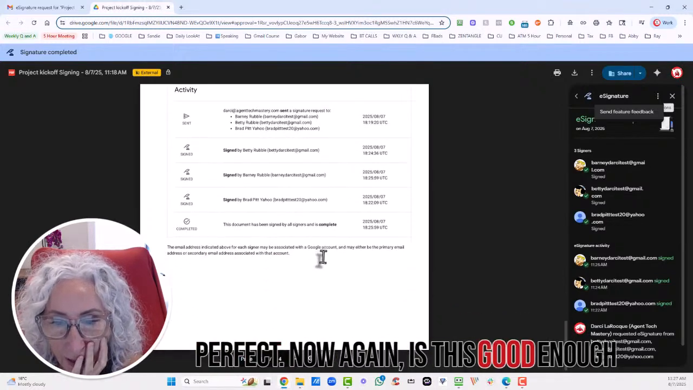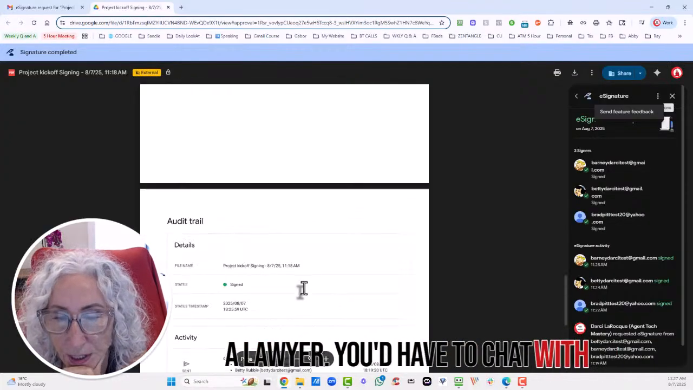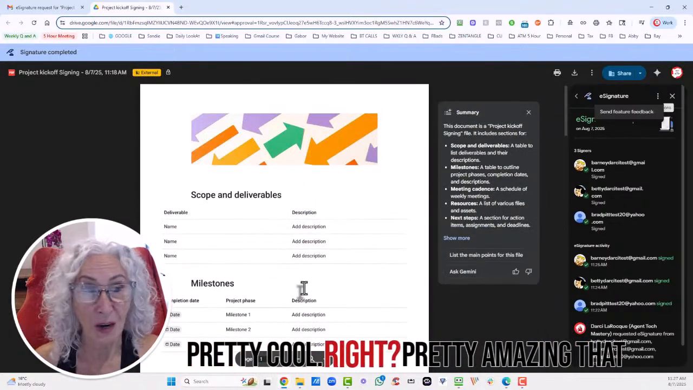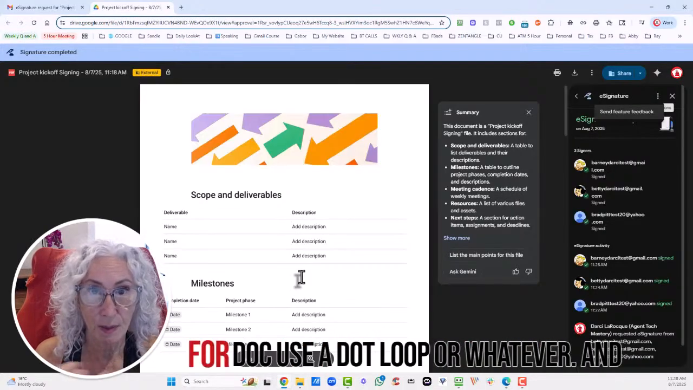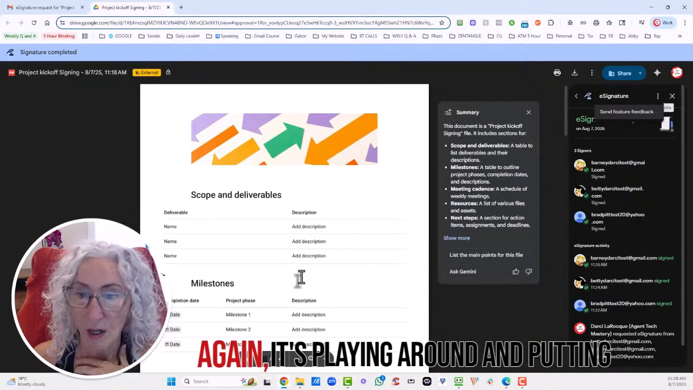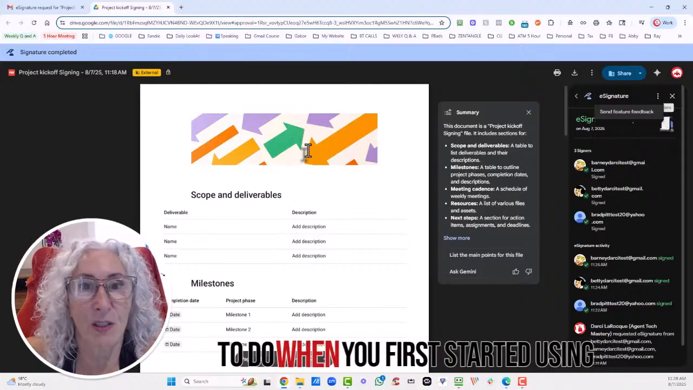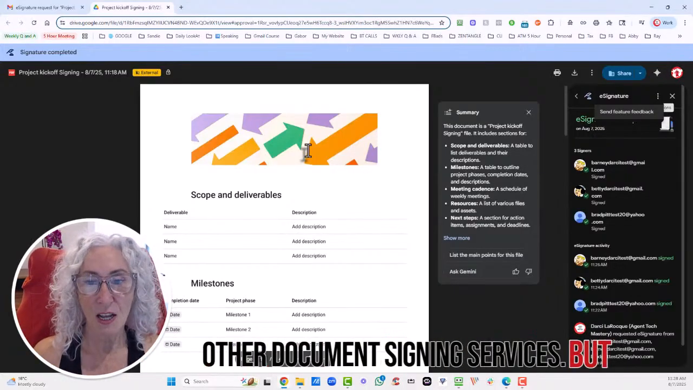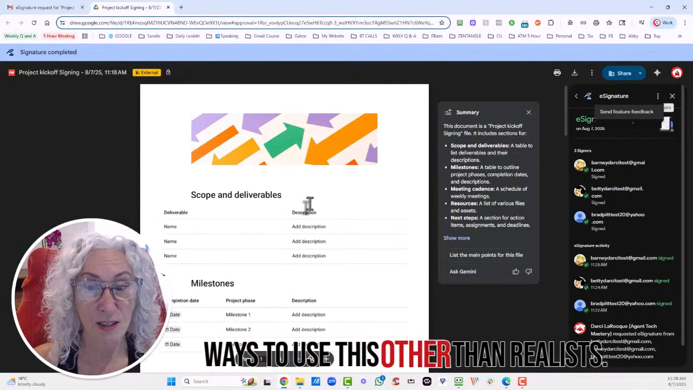Now, again, is this good enough for your industry? I don't know. I'm not a lawyer. You'd have to check maybe with Google and a lawyer. But that's pretty cool, right? Pretty amazing that eventually we'll be able to not have to pay for DocuSign or dotloop or whatever. And again, it's playing around and putting the fields in the right place, just like you had to do when you first started using other document signing services. But it's fairly cool. You might think of other ways to use this other